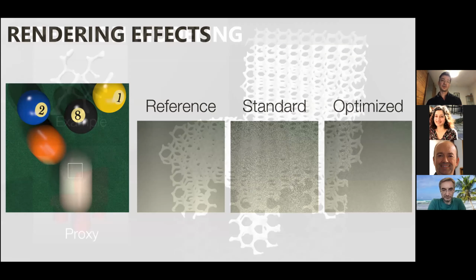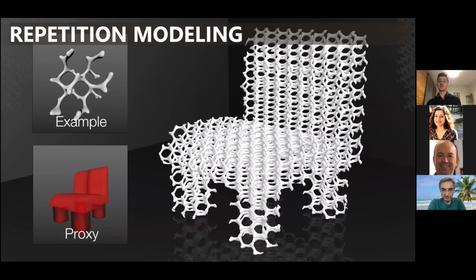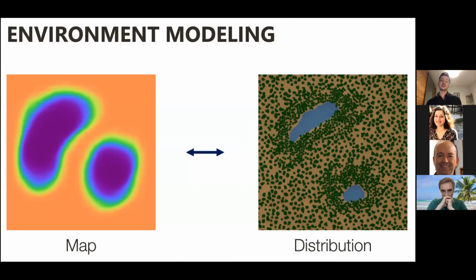Or you can use it for modeling repetitions. Just the same theory applies basically. You can have image pair repetitions, geometry repetitions, or sound repetitions, which are of course quite important also for capture and perception systems, because we have repetitions all around in the visual world. And you can also use it, for example, for synthesizing a bit more random structures. In this case, actually, we had a map of an artificial forest we wanted to reconstruct. And we had some examples of tree distributions from the real world. And we could just map this map to a distribution where we can render a realistic forest.